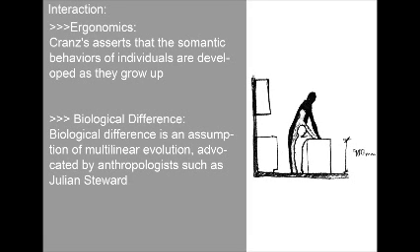Interaction. Ergonomics. One theory of ergonomics is Kranz's assertion that the semantic behaviors of individuals are developed as they grow up. This means that the reception of comfort is different for everybody. This could inform preliminary research to investigate relevant semantic interactions in the couple's current home, such as bench height, distance from the television, and lighting levels. If the couple desires semantic interactions to change, simple prototypes such as scale drawings of a door to indicate door handle height could be used as the design is being developed.